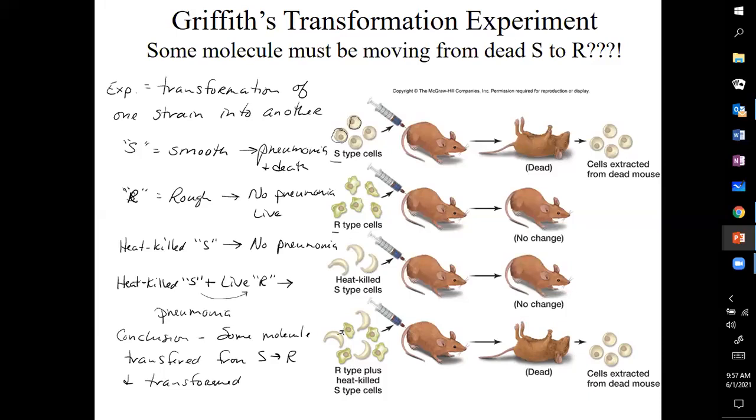And you know, when scientists were looking at these results and playing around with the ideas, the common thought at the time was that it was probably proteins that were passing from the S to the R, because proteins have a far greater diversity, right? There are 20 different amino acids in proteins. DNA and RNA only have 4 nucleotides. So the thought was, well, it was probably proteins that were changing and transforming the